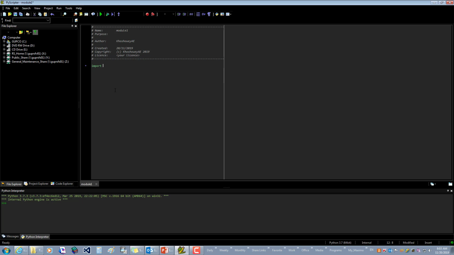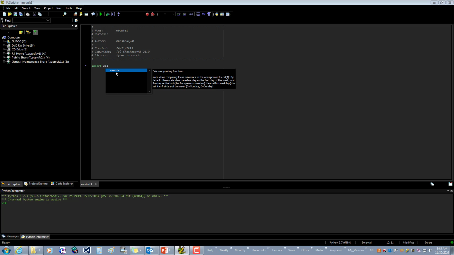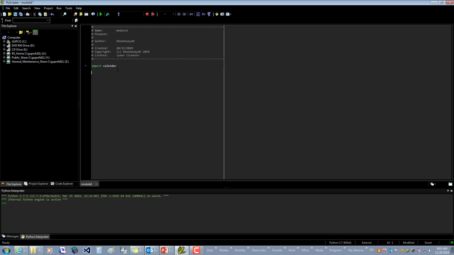Import calendar, prmonth, and open this year, this month, 2 and 1, and run. It will give you this month of the year, November 2019,